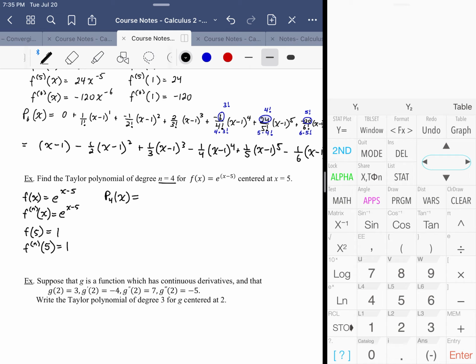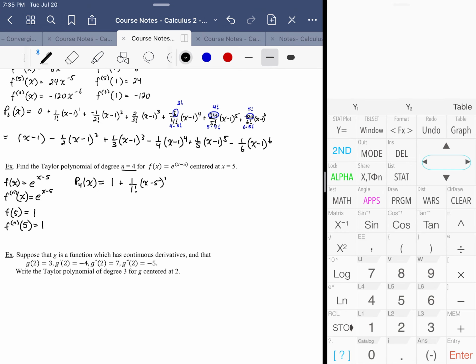So my original function evaluated at 5 is 1, plus my first derivative evaluated at 5 is 1 over 1 factorial times x minus 5 to the first power, plus 1 over 2 factorial x minus 5 to the second power, plus 1 over 3 factorial x minus 5 to the third power,